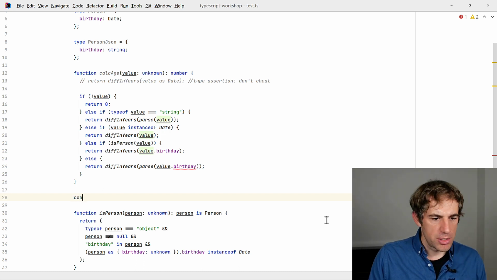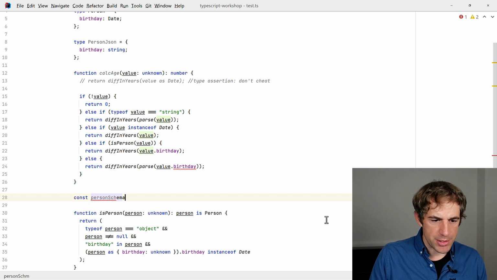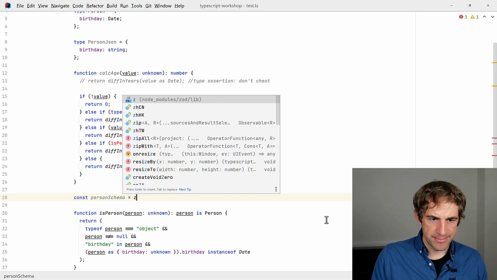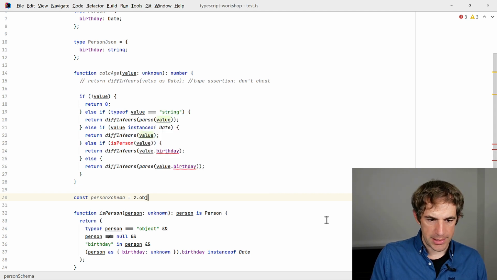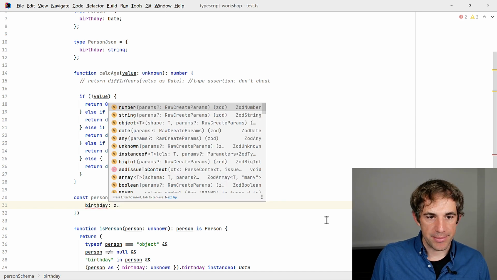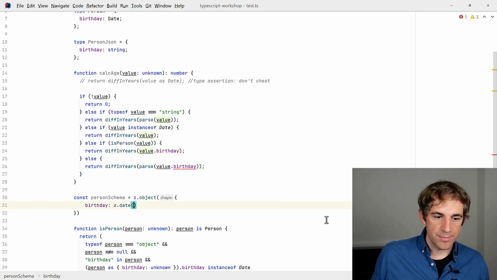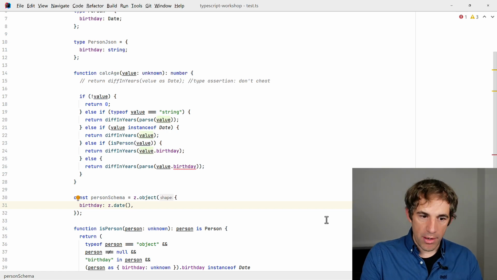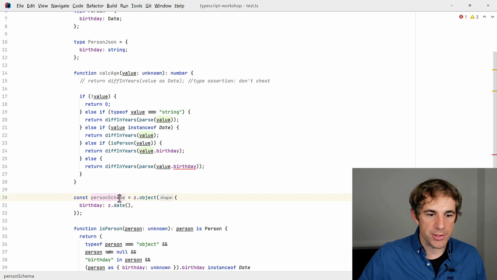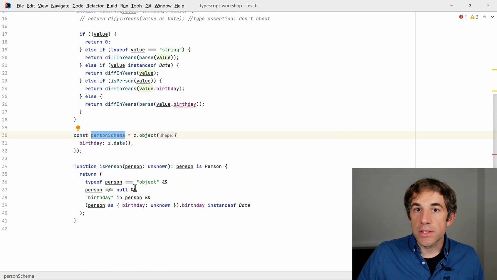And the way how it works, I say, first of all, I have this person schema, and then I use Zod, I say I have an object, schema of an object, and it should have a birthday property, and the birthday property is actually of type date. So now the rules for the schema are inside of this Zod generated variable here, person schema, and I can use this now in my